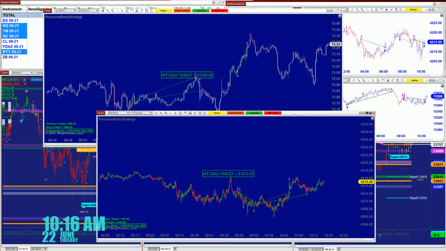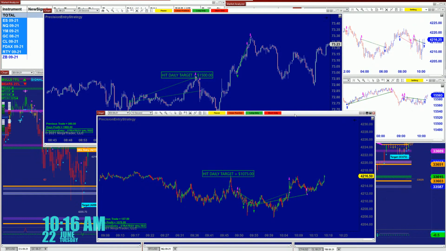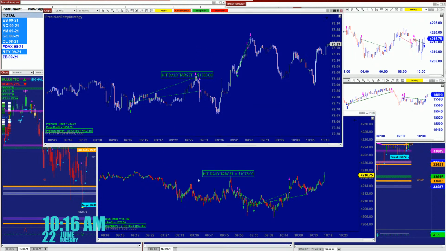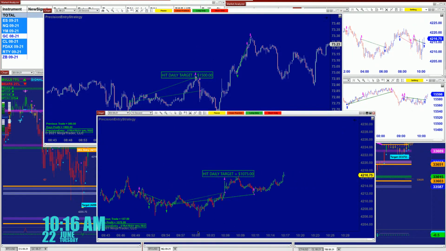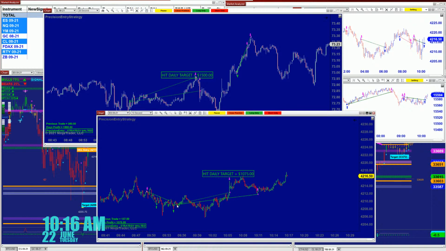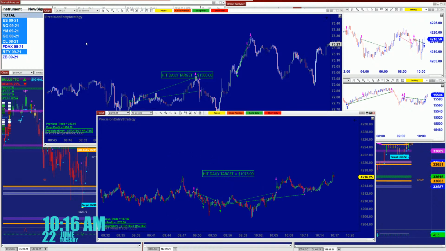If I knew tomorrow was not going to be a good day, I'd stay in bed sleeping. Why would I need to get up? And if I knew the market was going to be good tomorrow, I would get up, and instead of using 2 contracts, I would use 20 contracts. I don't know. But what I do know is how this auto trade took a trade, and how this auto trade